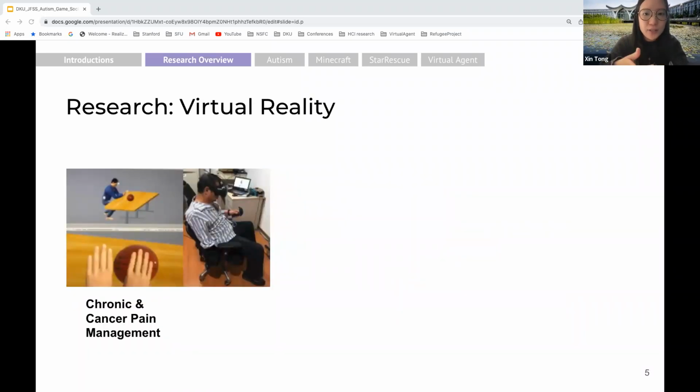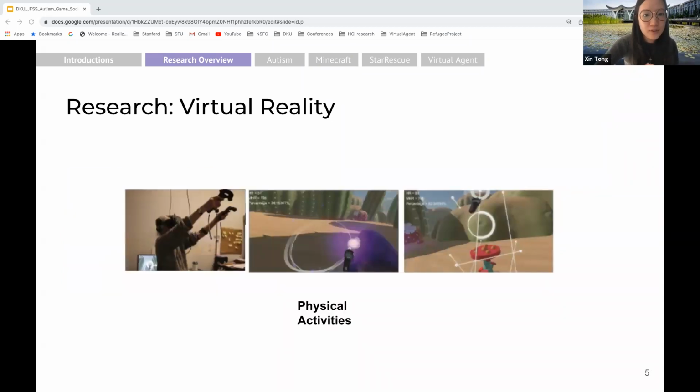To begin with, I want to give you a few examples of the kind of work I've done in the past. So here are a few virtual reality projects. I have worked with chronic pain clinicians and patients and created several virtual reality environments for patients to self-manage their pain based on pain distraction and embodiment theories. I've also implemented VR games for facilitating physical activities. These pictures show an arthritis patient interacting and performing Tai Chi and yoga movements in the game, which are also integrated as part of the gameplay.